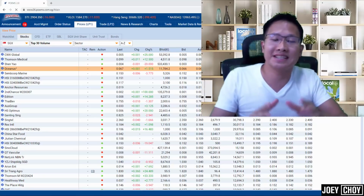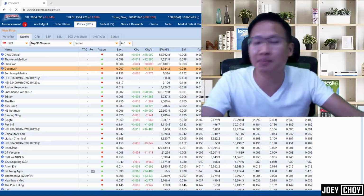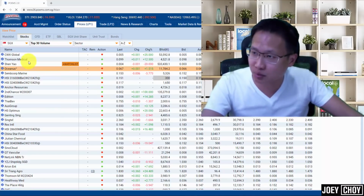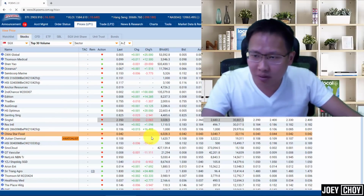So guys, it seems like the penny stocks are in play again this week, and we've seen many penny stocks pushing up by more than 10, 20, 30% over the past few days. And these are some of the penny stocks. Look at this. We have HESi, Thomson Medical, Anchor Resources, China Star Food, all moving up by like 5